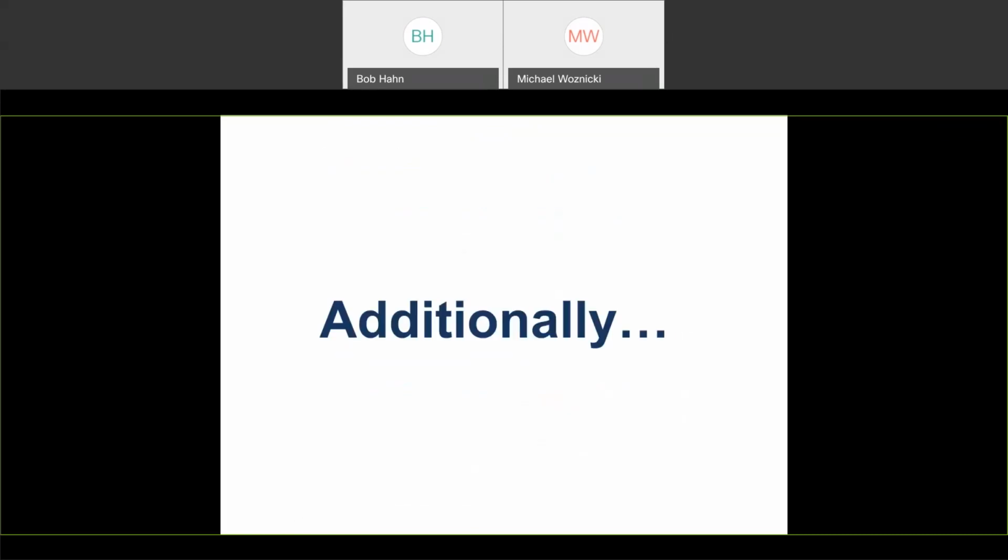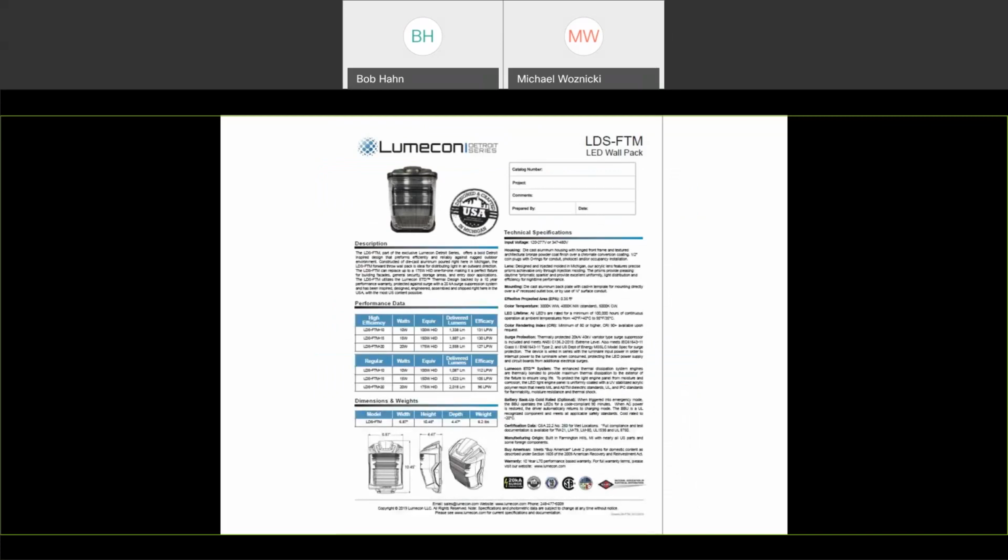So additionally, we have designed a small brother to the large full forward throw wall pack. We have a small door lighter, the forward throw mini, that is also extremely effective as well. If you took a look at its performance data, in just 20 watts, you can get just over 2,500 lumens, which again is equivalent to most 25, 30 watt standard off-the-shelf